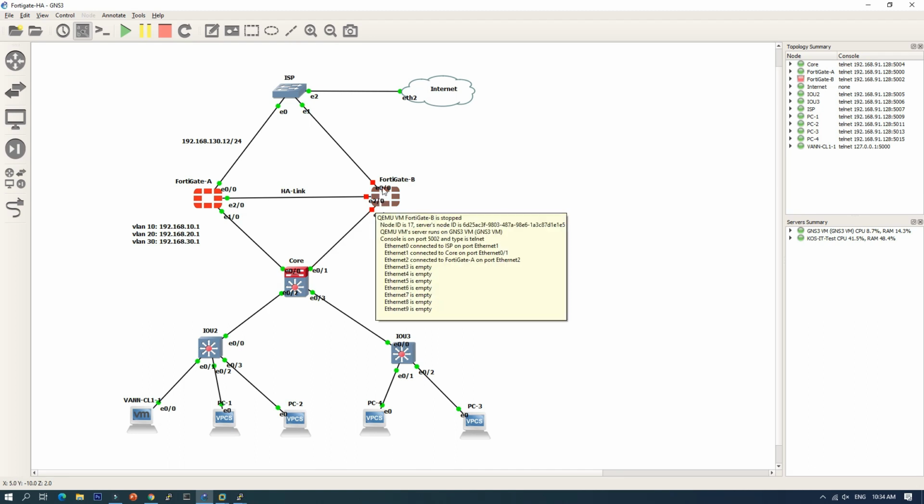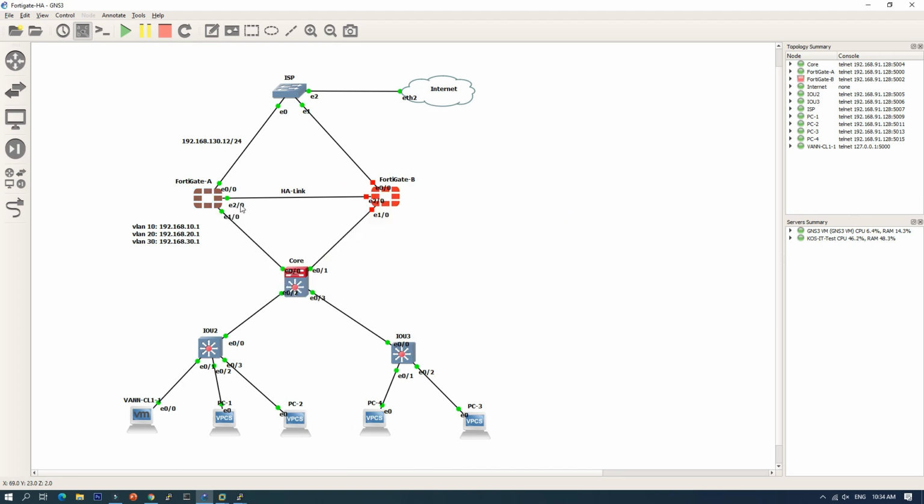It is also considered in the HA information update, and FortiGate B will become the master. But in this case, I don't have the license, so that option does not work for me. I tried to test many times, but it still does not work. The one thing that works in HA is when FortiGate A is down, FortiGate B will take over. I will show you.